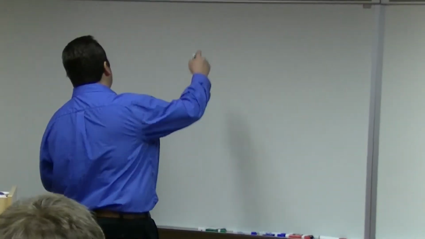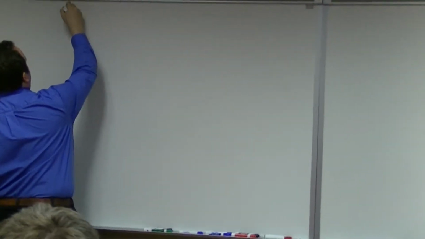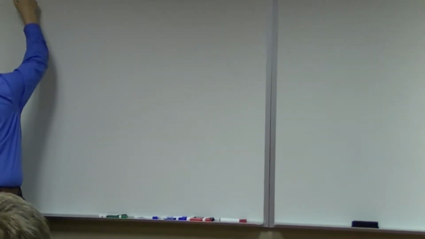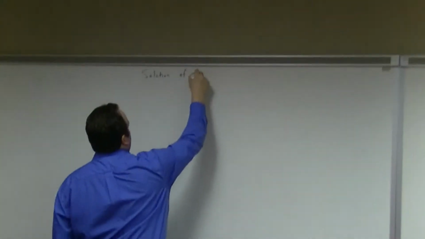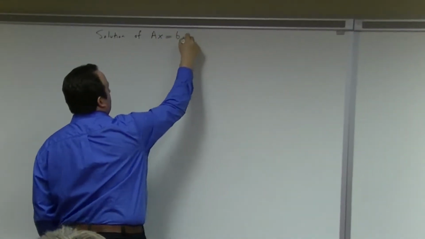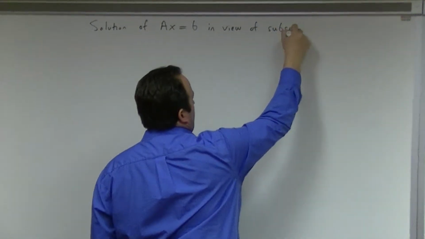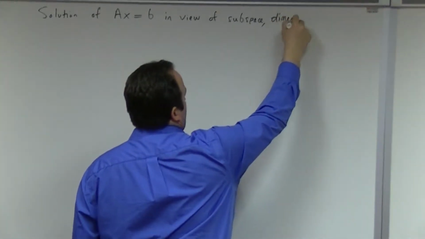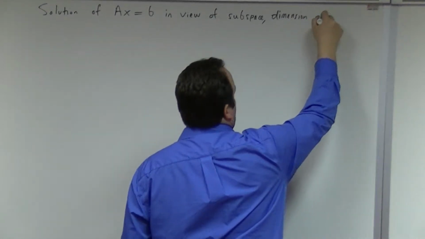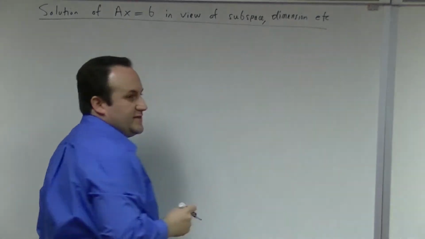Let's see what I can do to catch us up. First of all, I'm going to do an example. My goal here is to describe solution sets, or let's say the solution of Ax = b, in view of subspace, dimension, and so forth. That's my goal